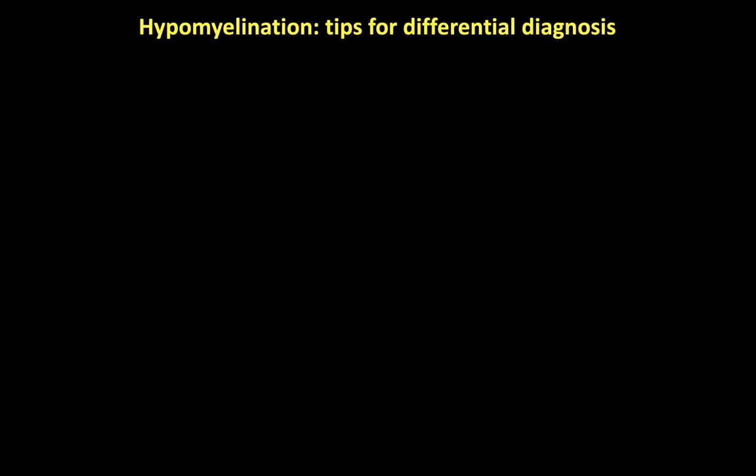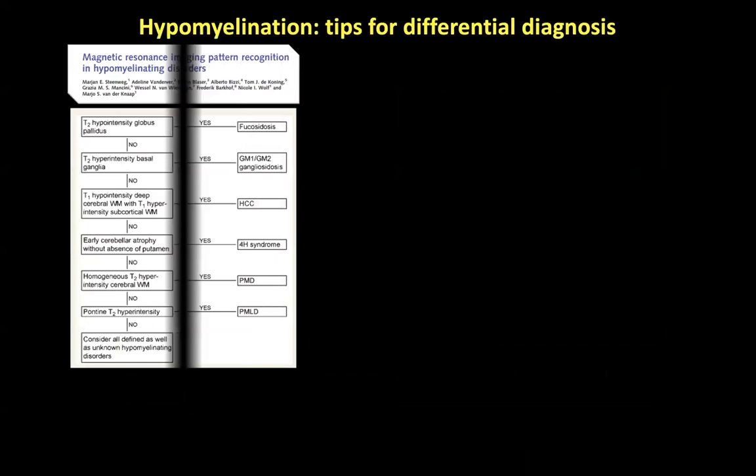And if you look at the literature, there is a pivotal paper from 25 years ago now in Brain, where a lot of authors, including Marjo van der Knaap and Sylvia Blaser, said, okay, we have all this bunch of hypomyelinating patterns that we recognize, and now we want to see what other findings in the brain or outside the brain can help us determine or narrow down the differential diagnosis. For instance,